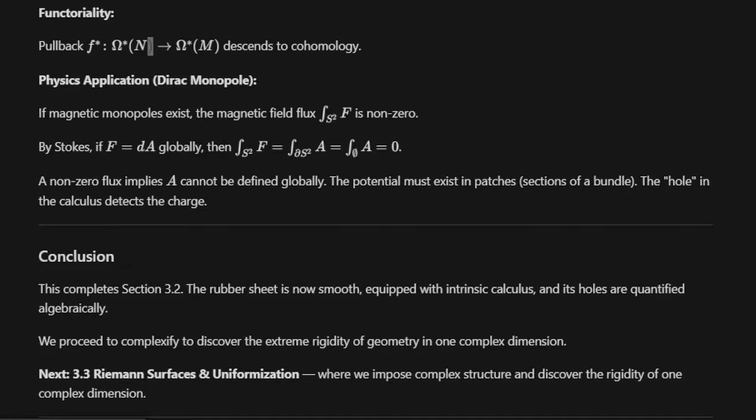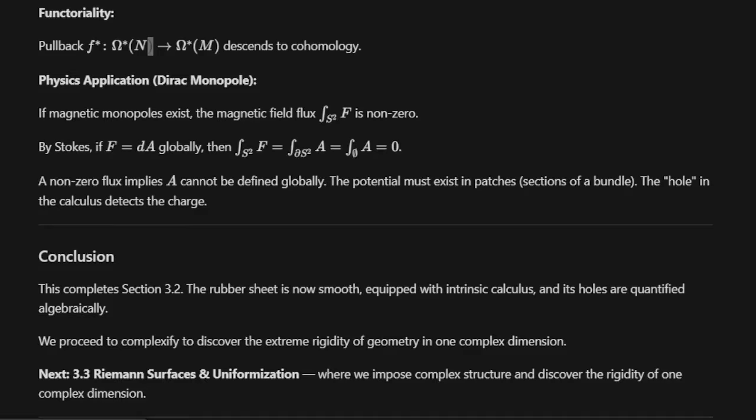Physics application. So again, I mentioned the monopole in the last little subsection, but this is exactly how Dirac discovered the quantization of electric charge. Nobody talks about this. But if a magnetic monopole exists, okay, the magnetic field F is a closed 2 form with non-zero flux through the sphere. And by Stokes' theorem, if F, this closed 2 form, were exact, F is equal to the exterior derivative of some